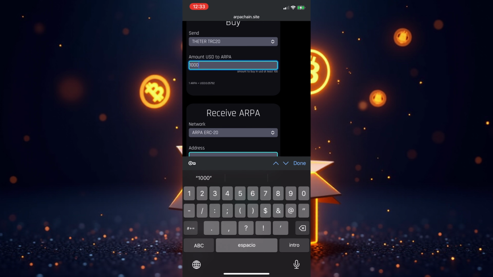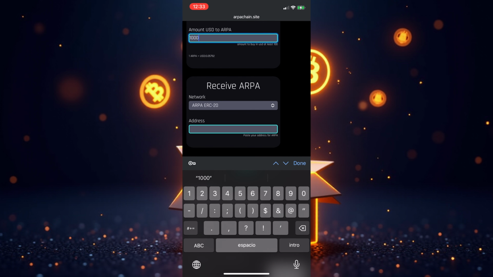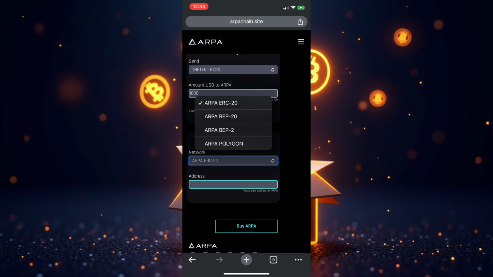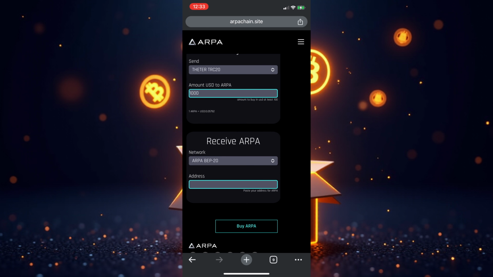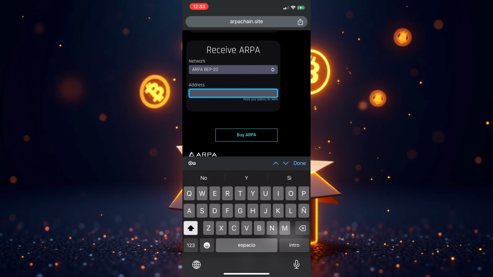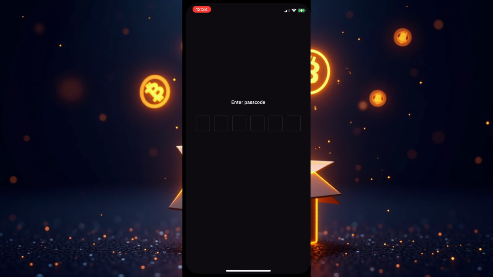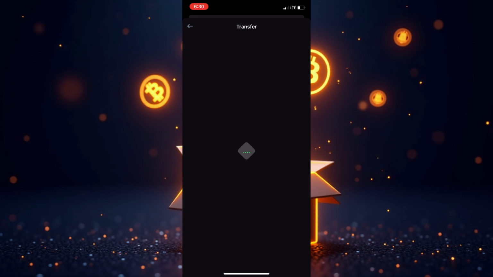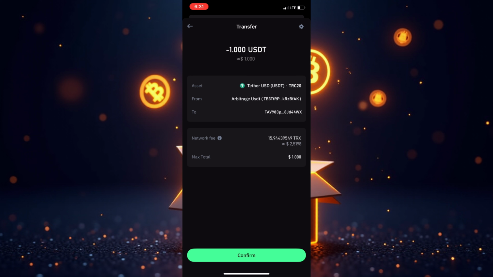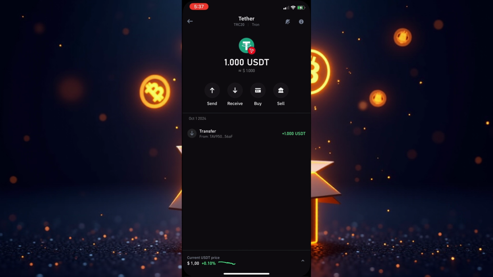Important. Make sure to select the network where you'll be receiving your ARPA. Personally, I'm going with the BEP20 network, which is fast and has lower transaction fees. It's always wise to optimize costs. I paste the ARPA wallet address I copied earlier, and once the form is complete, I click Buy ARPA. This will redirect us to Trust Wallet to finalize the transaction. I confirm, and while I wait for my ARPA to arrive, I'll share a more efficient way that avoids withdrawing